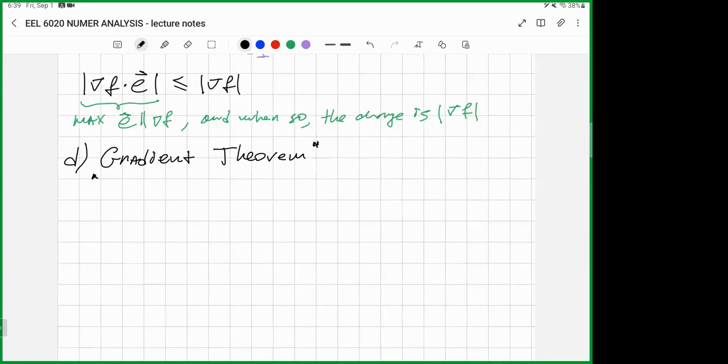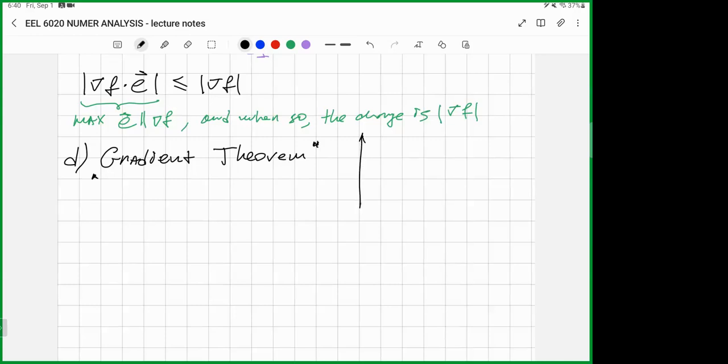Sometimes it's named the integral gradient theorem, something like this. This author, this book I have, David Griffiths, right? David Griffiths called this the gradient theorem. So the theorem states that,